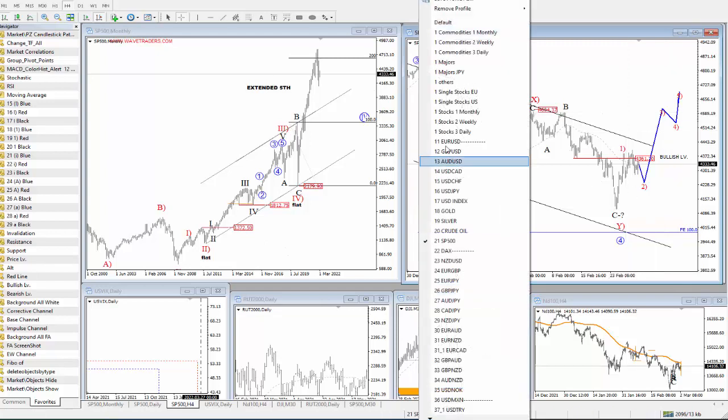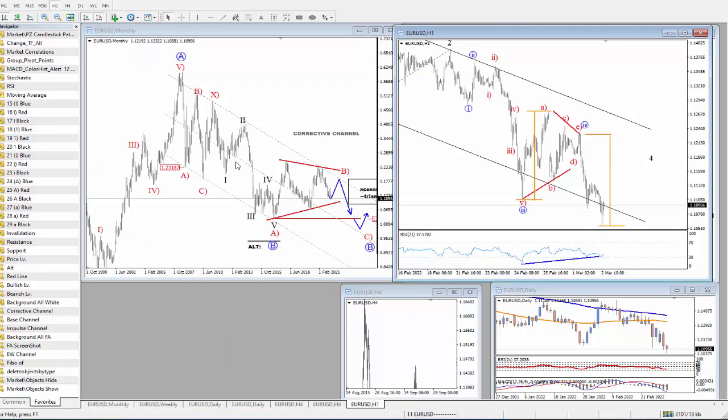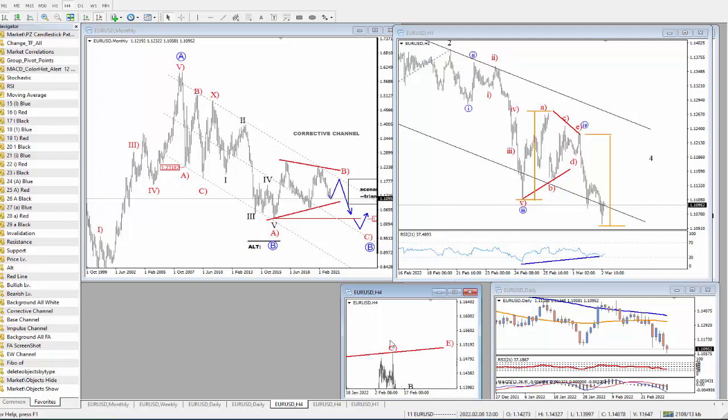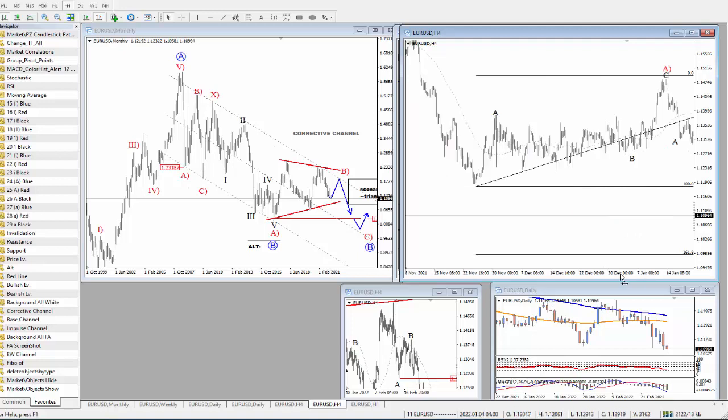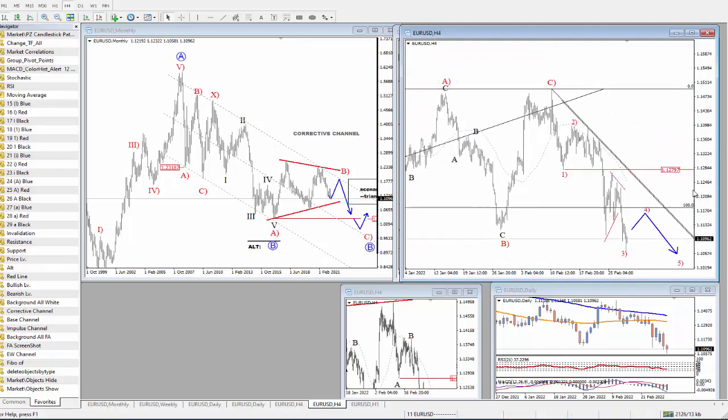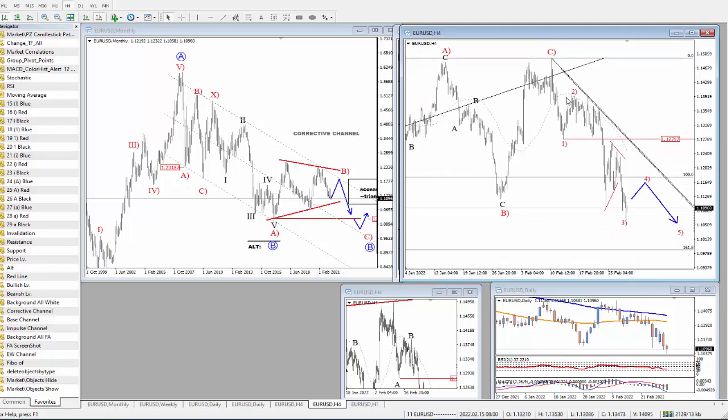Since we mentioned the US dollar, let's take a look at how it currently trades versus the euro. Well, we have seen quite a nice move to the downside here on the euro dollar. We've been tracking this ongoing bearish impulse, which could still be underway. Notice that if we zoom this in a little bit, you can see that there's a wave 1, wave 2, and if that's a wave 3, well, wave 3 should also be made of 5 subwaves, which is the case. So if we respect all substructures, more weakness could actually occur after the next bounce, after wave 4.